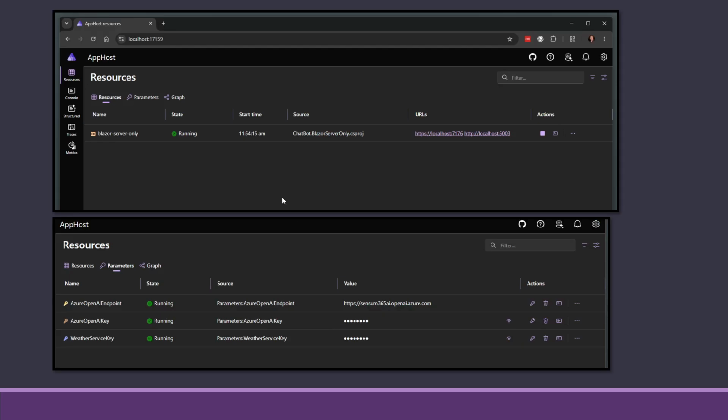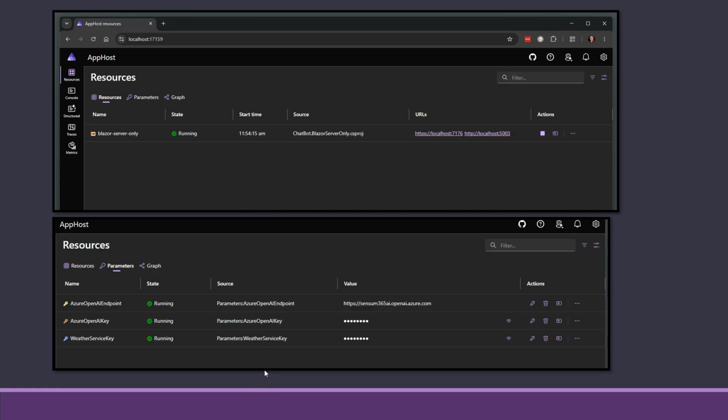So behind the scenes, when you run it for the first time at this recording, there will only be one resource, that will be the Blazor server. But later on in the series, more and more will come here. And over in the resources, you also have the parameters, so you can switch to the parameter list and key in your values. If you don't have them put in, it will show a little button that says enter missing values, and you can put them in. Behind the scenes, they're just stored in user secrets like normal.